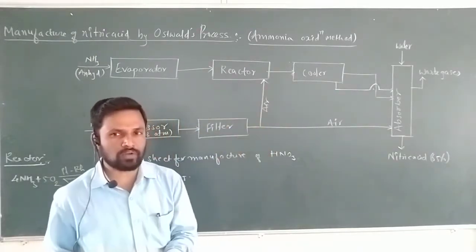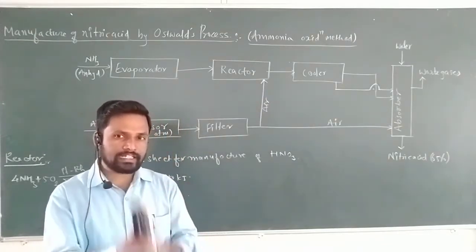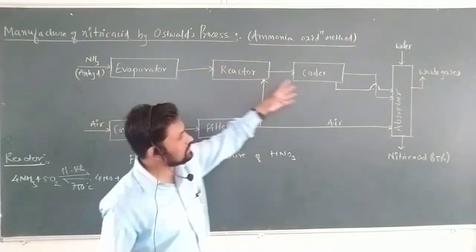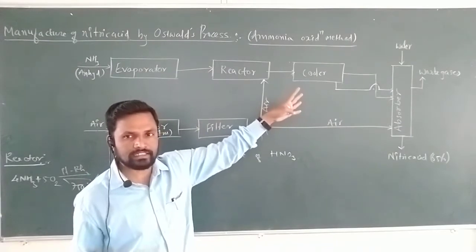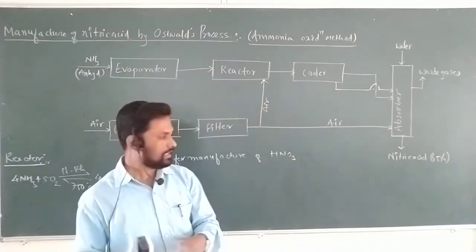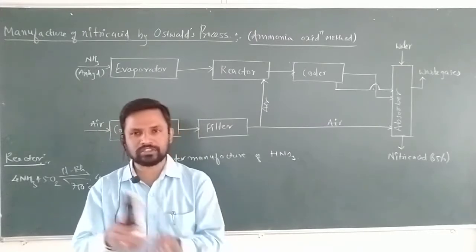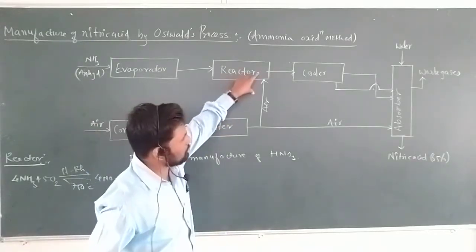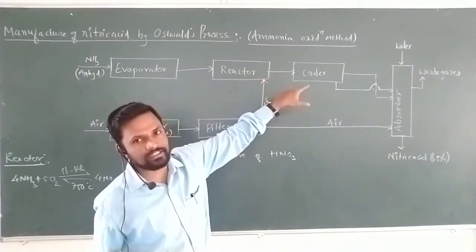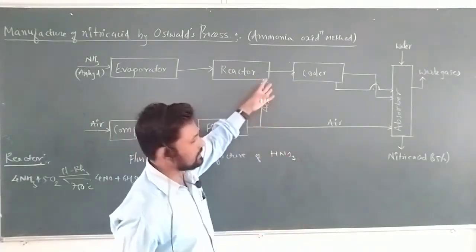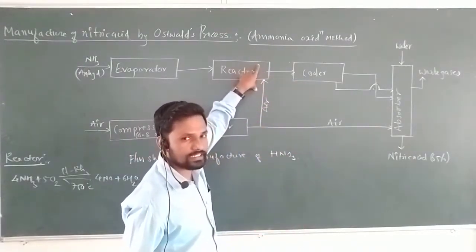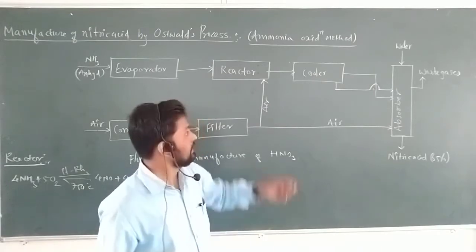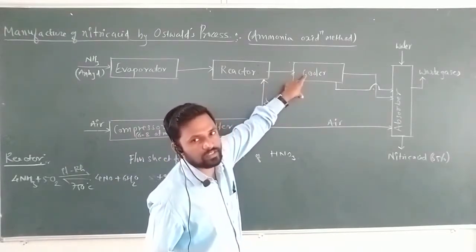Now what is the gas which is formed? Nitric oxide. The nitric oxide as well as the oxygen and all the remaining gases are sent towards the cooler, because the formed nitric oxide should be cooled, as nitric oxide is further used for the formation of nitrogen dioxide, and nitrogen dioxide is further used for the formation of nitric acid. The other gas is oxygen, which is required, and it also passes through, because here a large amount of heat, 950 kilojoules, is evolved in this exothermic reaction, so cooling is required.